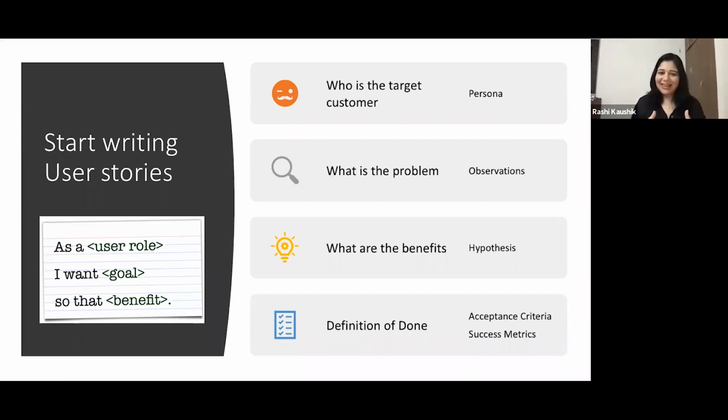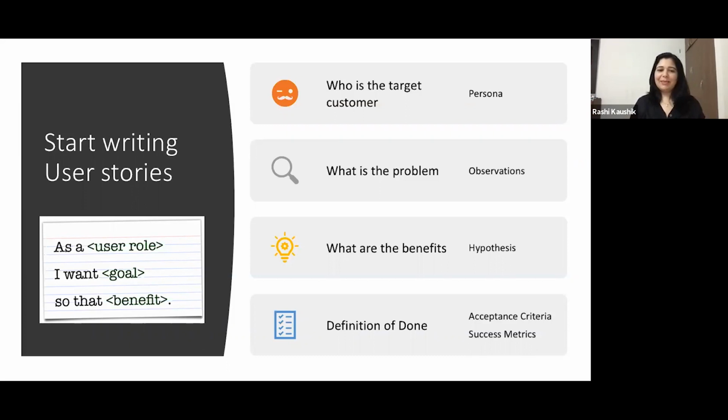But are you done yet? Sorry, there is more for you to do. Now, your engineering team, unfortunately, cannot directly work on ideas. And what they need is user stories. So I know we all do it on a daily basis, writing down user stories. So we'll not go into details here, and we'll just quickly touch upon how to write one.